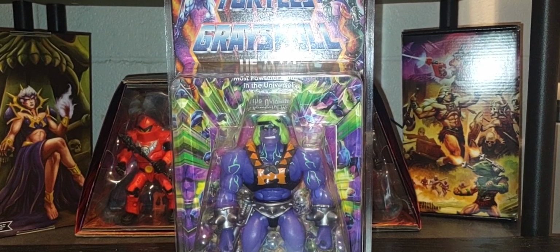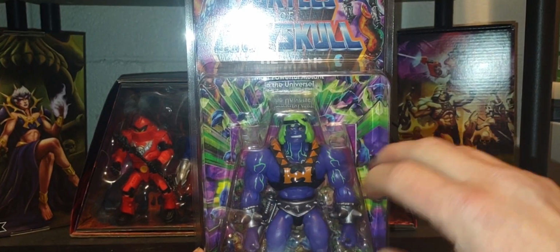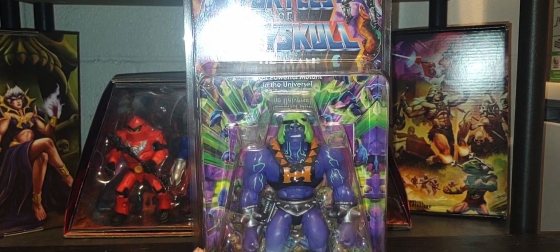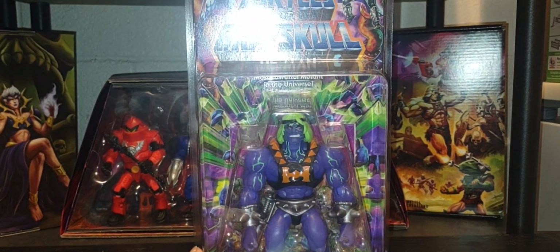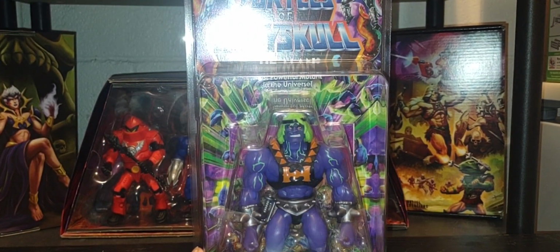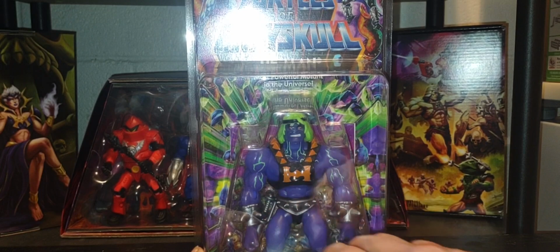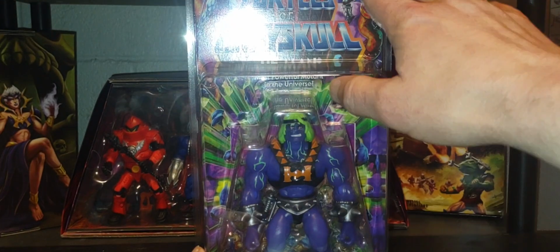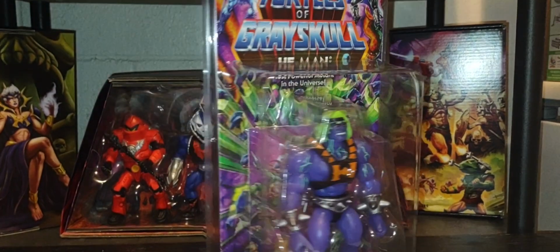Now, when I look at this He-Man, the first thing that comes to mind to me, and maybe some of you guys, is that Slime Pit He-Man, that all-green version of He-Man, that mind-controlled He-Man from the Slime Pit. And that's the first thing that comes to my mind when I think of this He-Man here. Like I said, a very cool head sculpt and body, but if you take away the H here of the armor, and you handed this to me without the packaging, and you asked me, if I didn't know anything about the Turtles of Grayskull crossover event, and you handed this to me with this particular mace right here,